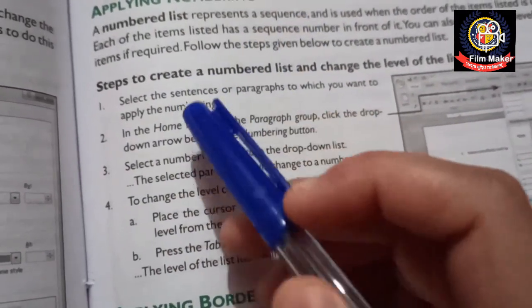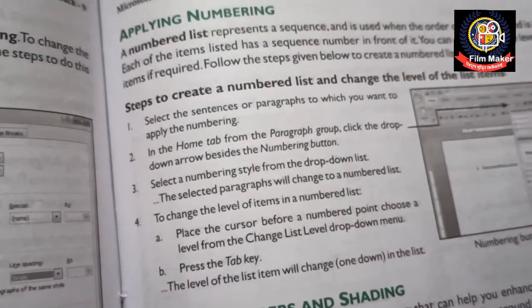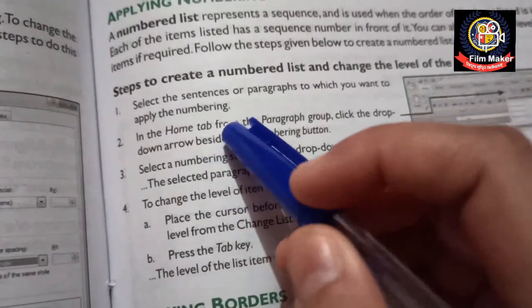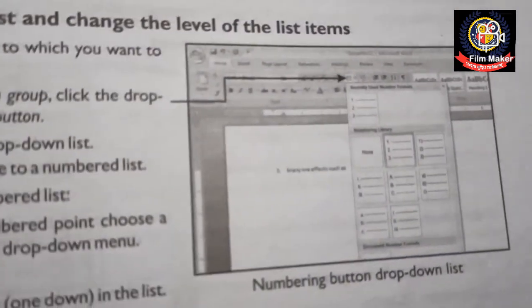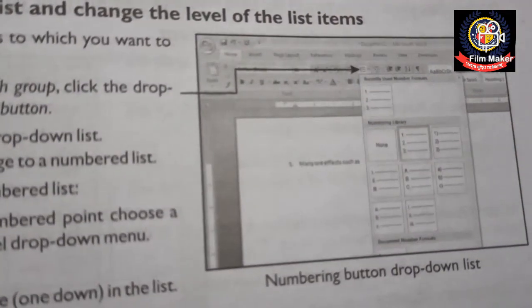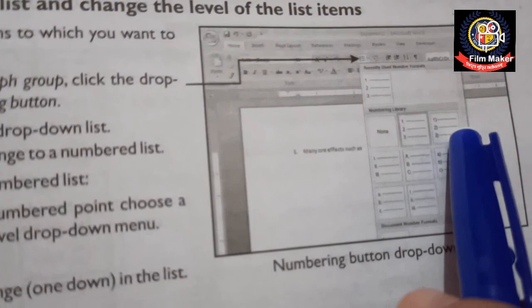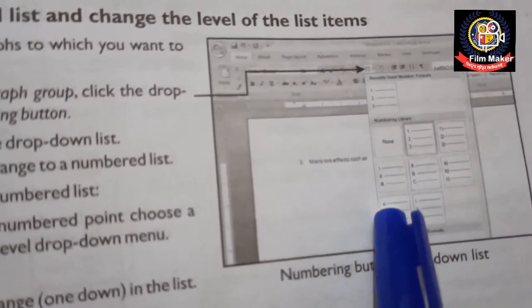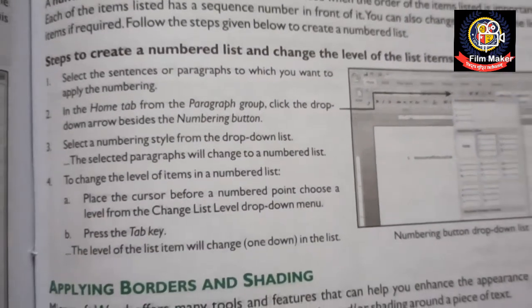Okay, sequence means like in ascending or descending order, so that sequence has to be followed. So according to that sequence we can mark the numbered list. Like here you are getting the option for applying the numbered list. Either you can apply the pure numeric number, then this one the format is there, then this is Roman number. Okay, then alphabetical order, means here the sequence has been followed.